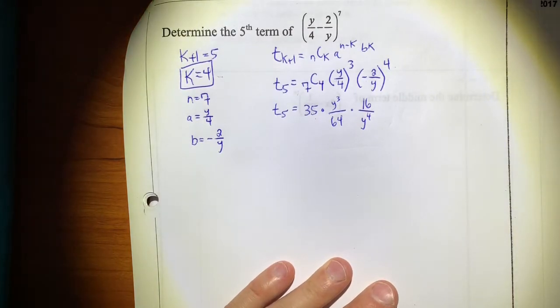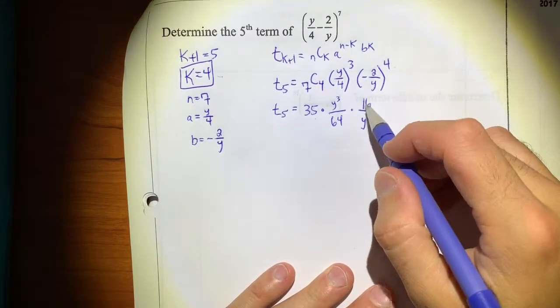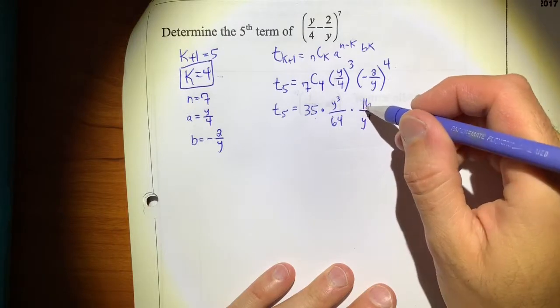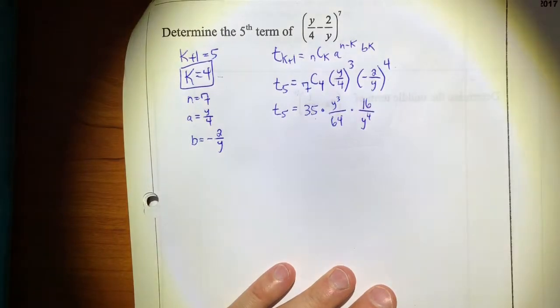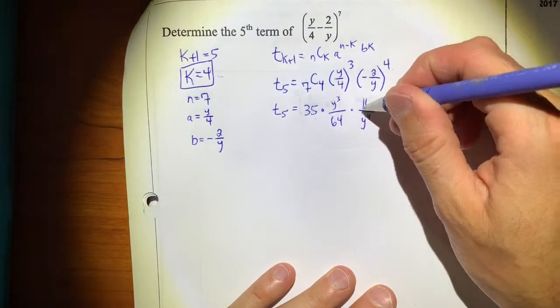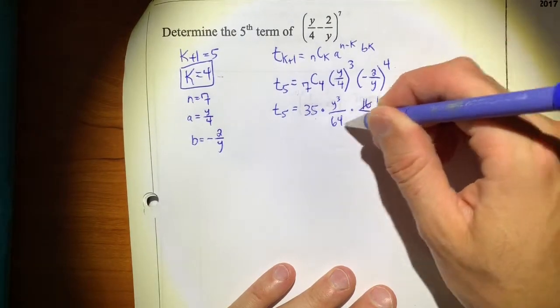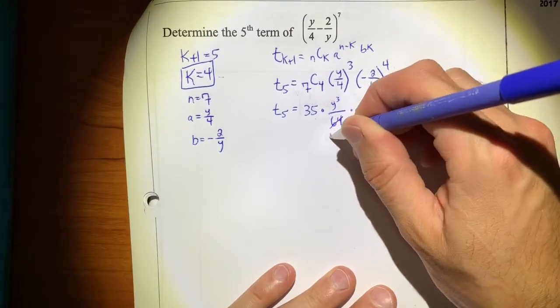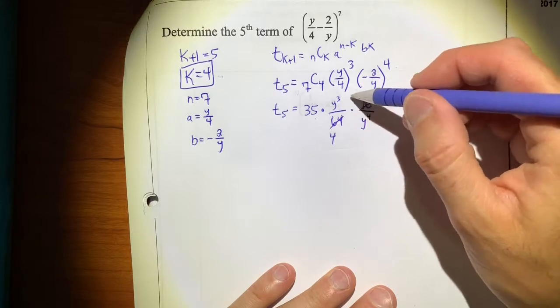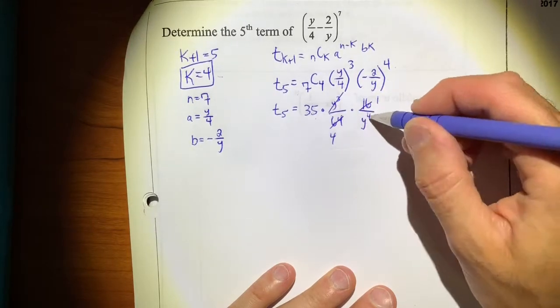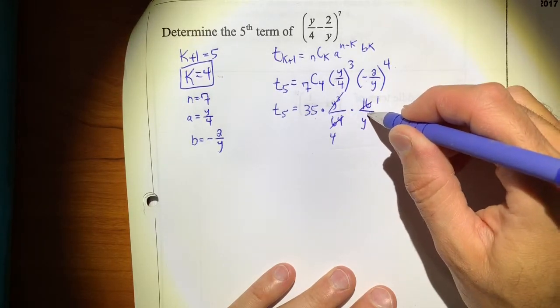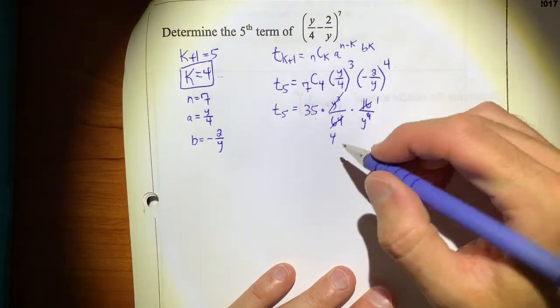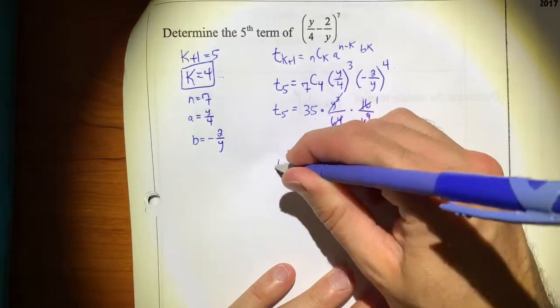Okay. So, I mean, you can cross-reduce here. You can divide them both by 16, actually. Right? So, 16 goes into 16 once and into 64 4 times. And then you got 3 y's up here, which is going to cancel 3 y's down here, leaving you with just a y. So, now we have